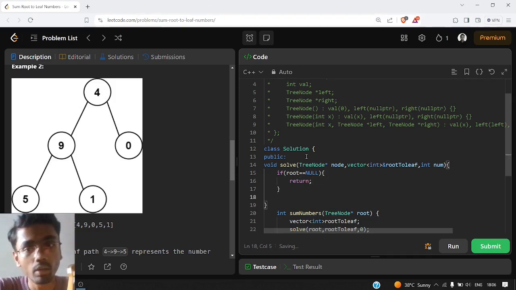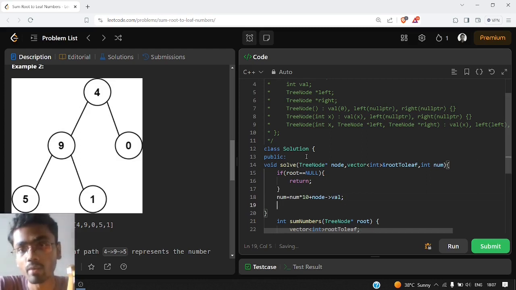Otherwise, if we have the current number as num and we want to generate a number, how will we do it? We will multiply our current number by 10 and add the current node value to our num variable. We have seen previously how we generate a number, and we will keep doing recursion calls until we reach a leaf node.